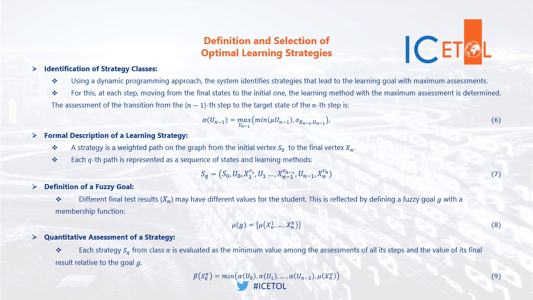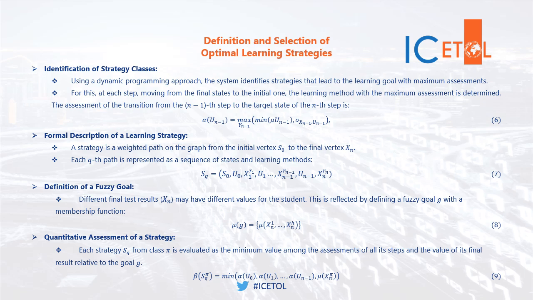Finally, having the assessments of all steps and the value of the goal, we compute an integral assessment for the entire strategy, beta, using Formula 9. The minimum operation is used here, which implements the principle that the quality of a strategy is determined by the quality of its least effective component. A strategy will receive a high score only if each of its steps is acceptable, and it leads to a